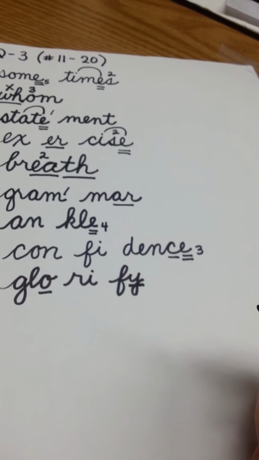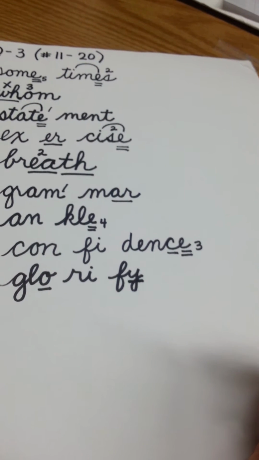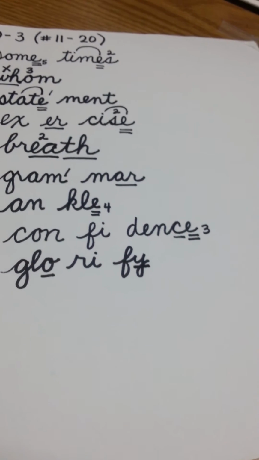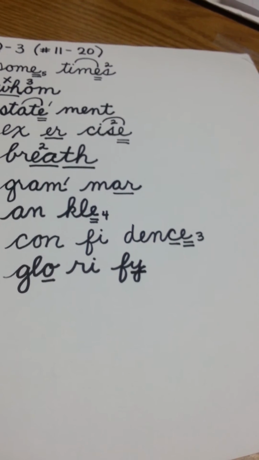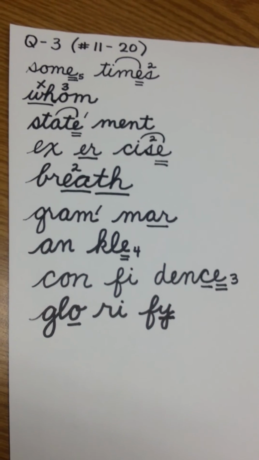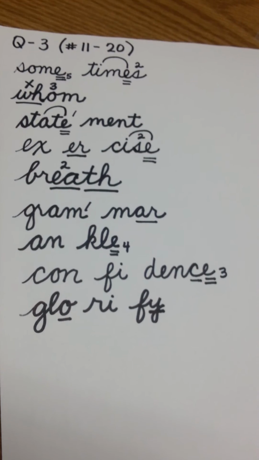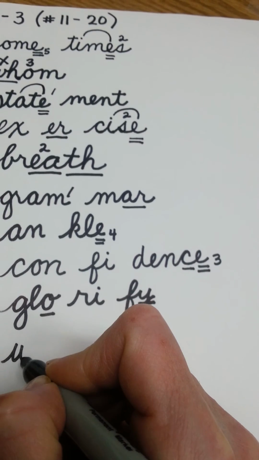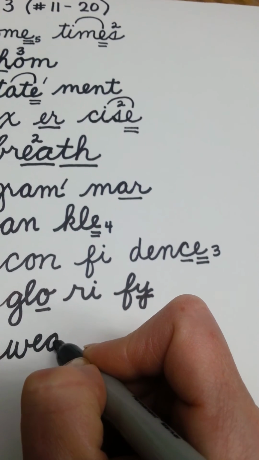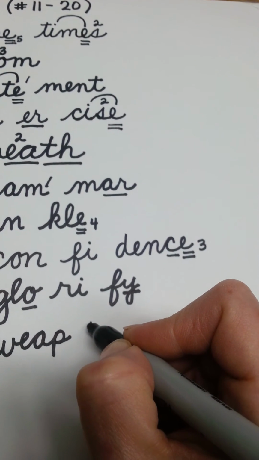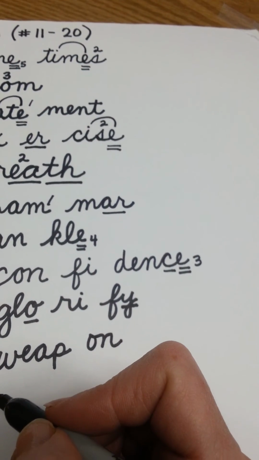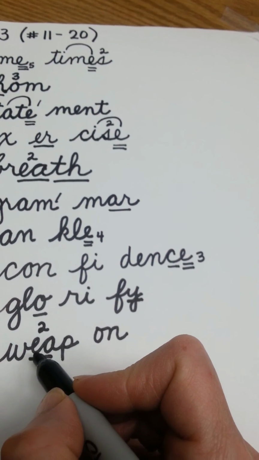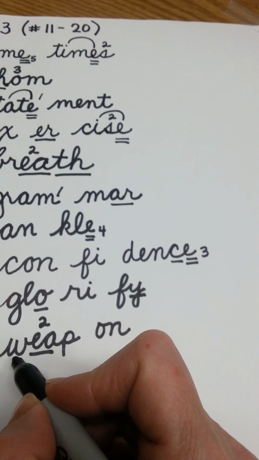Our last word is weapon. Prayer is a fortress of the church and a goodly Christian weapon. Weapon. Syllables: wep, on, 2. We say weapon, we want to think to spell wep, on. Dictate. Wep, w, e. We're going to use e, a, p, on, o, n. Let's underline e, a, and put a 2 above it. E is its second sound.